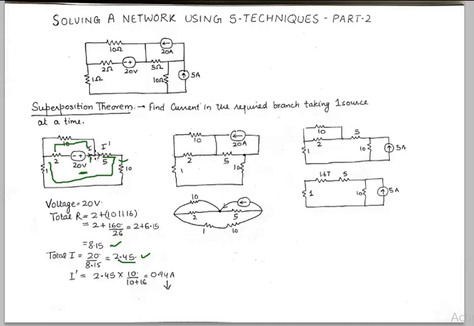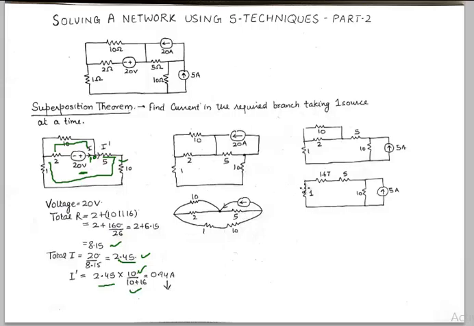and when 2.45 ampere current appears here at this node, we can simply apply the current division rule, which is total current entering the node times opposite branch's resistance upon opposite branch's resistance plus my own resistance. I get 0.94 ampere of current in this branch of 10 ohm